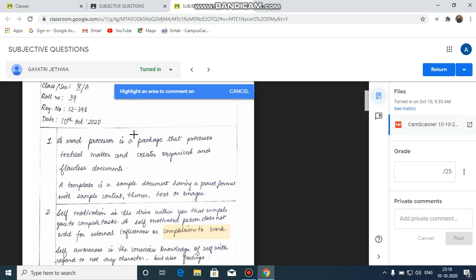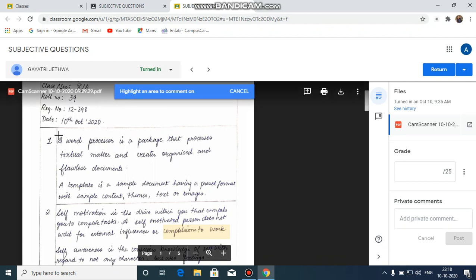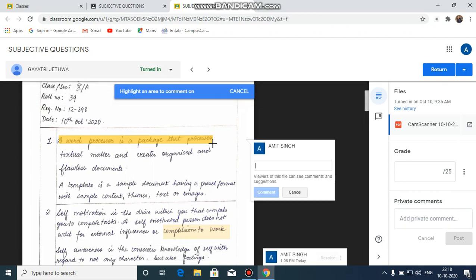If you want to add any comment, make any rectification, or highlight the point where the student has made a mistake, then you select that point, drag it, and you can write a comment on it.